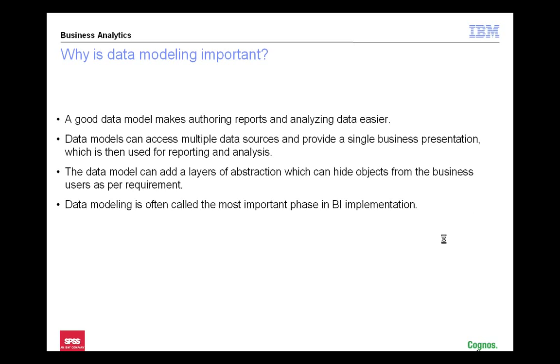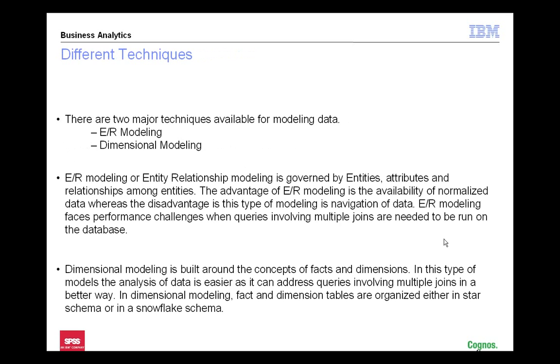Okay. The next one is the different techniques in data modeling. First is entity relationship modeling, which is the traditional one where we generally design the database with entities, attributes, and relationships. Now, the advantage in ER modeling is that we have normalized data, but the problem is that when processing large multi-join queries, where you are going to join and process a large query which has multiple joins, the performance is not satisfactory in ER modeling,